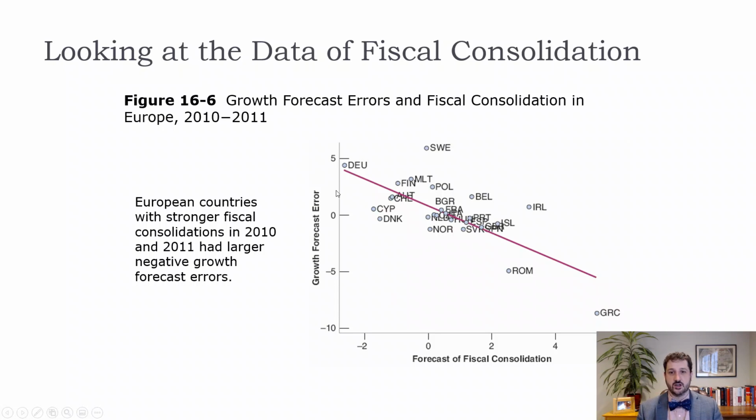And then this is their growth forecast error, right? So how much did they miss their growth forecast? And you can see Greece missed it by a lot. And Germany actually grew faster than expected. And so this really suggests that all of the fiscal consolidation that was sort of forced on countries like Greece and Ireland